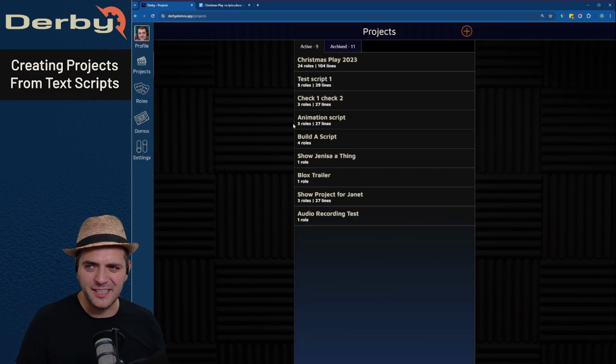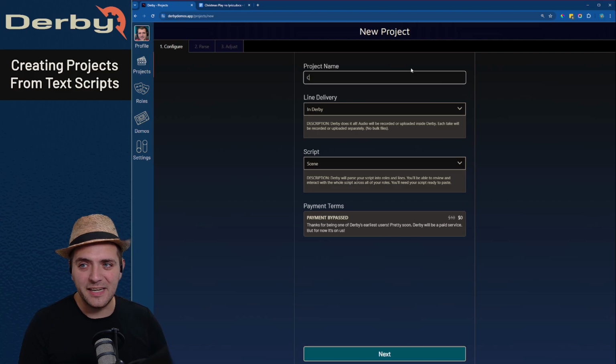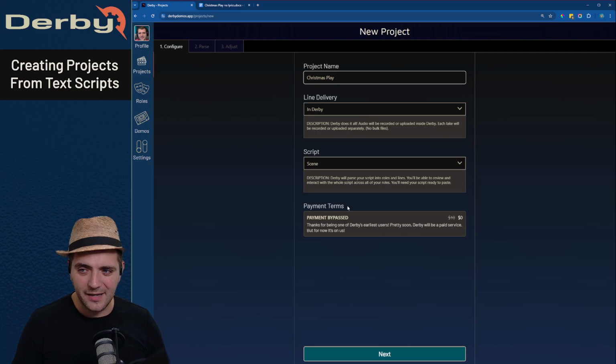So we're going to go to projects and we're going to use this plus button in the top right. From here, we're going to give our project a name, Christmas Play. And we're going to be using the default values for line delivery and script. So line delivery determines whether or not they're going to be submitting their lines through Derby. And the script type,